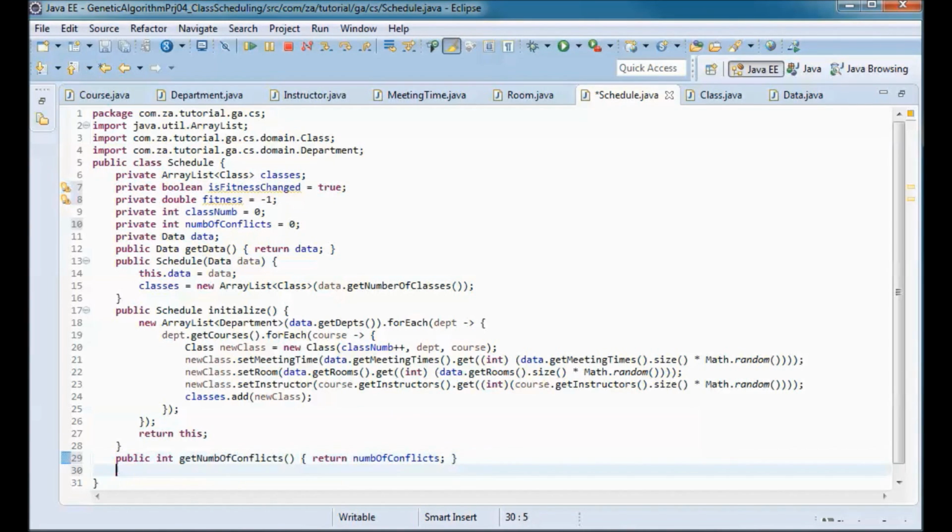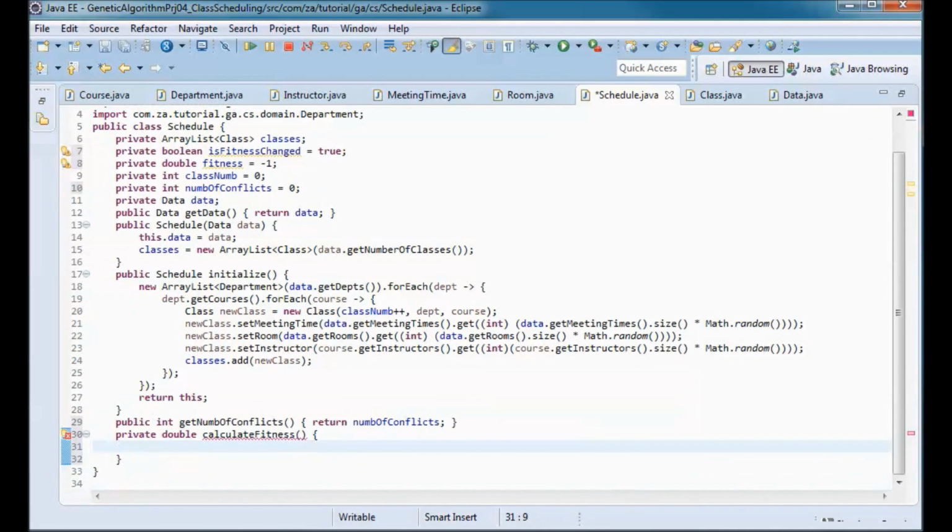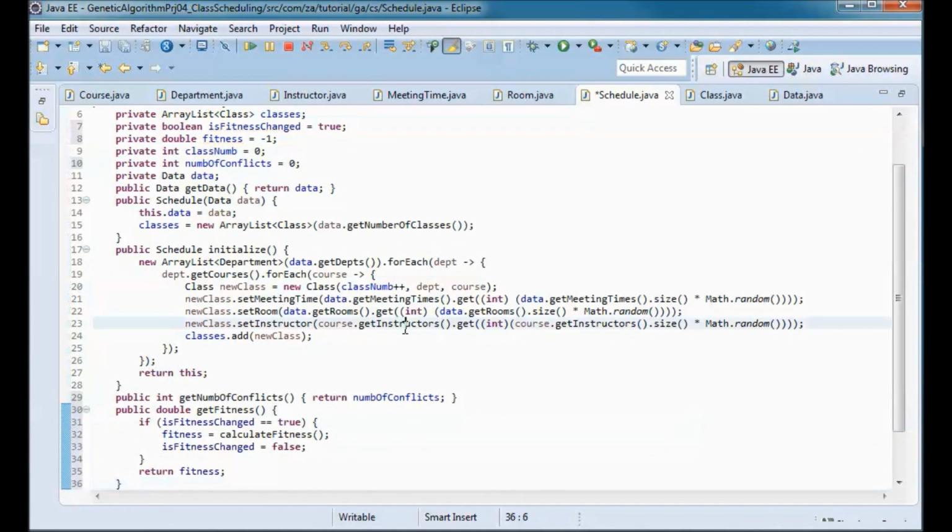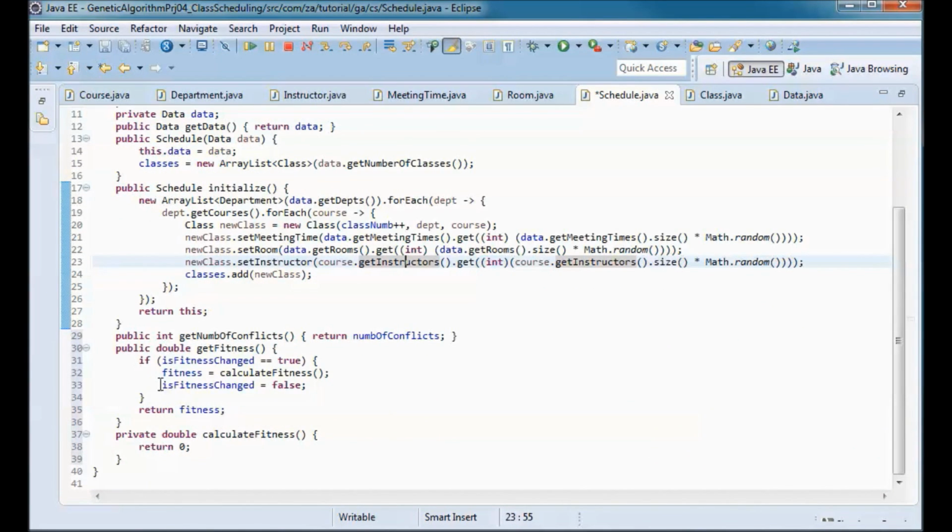And let me have a calculate fitness method that would calculate and return the fitness. So for now let's just return 0, and I'll have a get fitness method that checks if the is fitness changed flag is true, then it recalculates the fitness and sets the is fitness changed flag to false, and it would return the fitness.